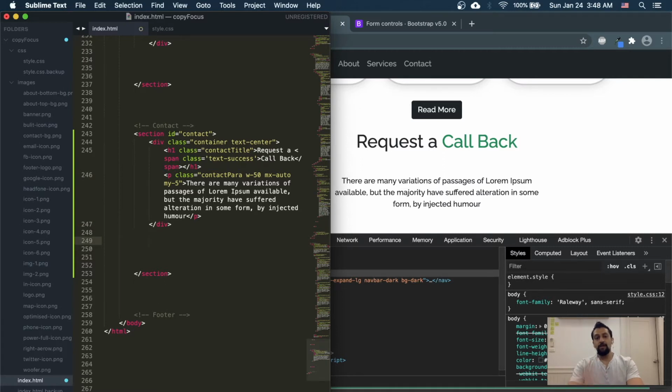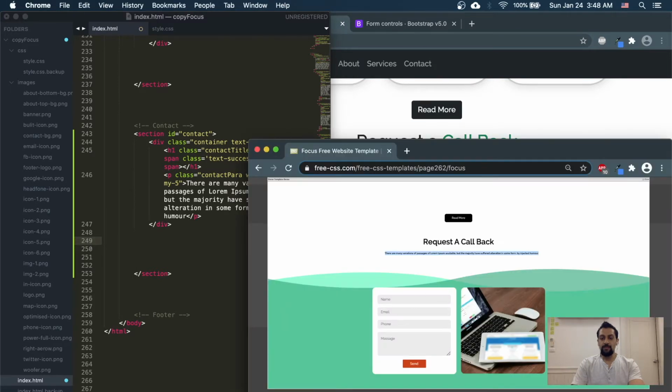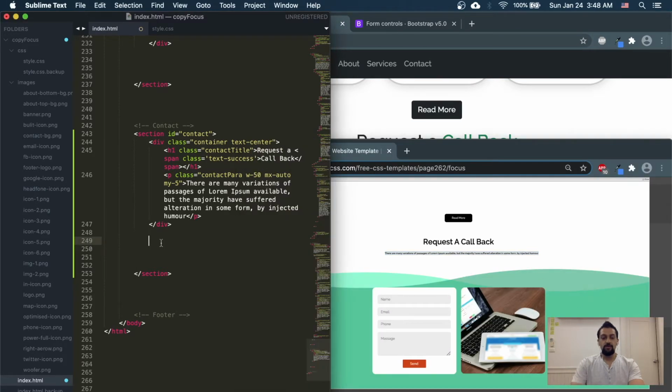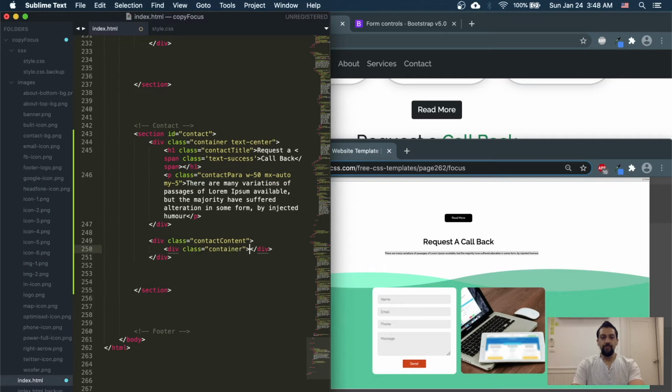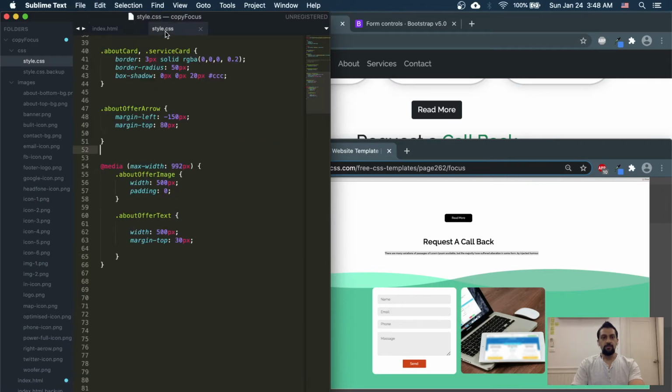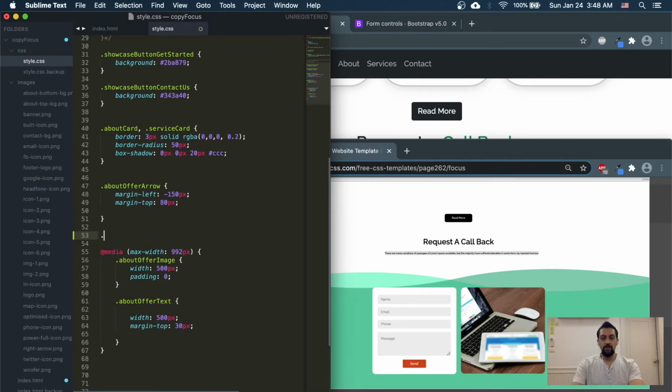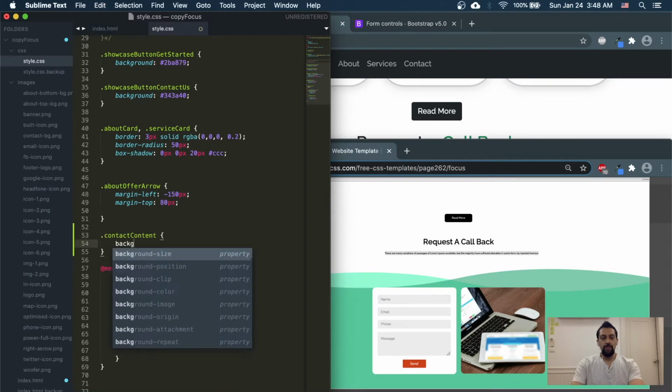แล้วก็จะไปส่วน it'll be the form section and the background section and all of this. So we'll do a div and we'll do a contact content section here. And inside here we have a div container. And inside our div container, I will start putting in the form elements, but I want to put in the background first. So contact content ข้างใน CSS ของเรา pop that in and we'll do a background